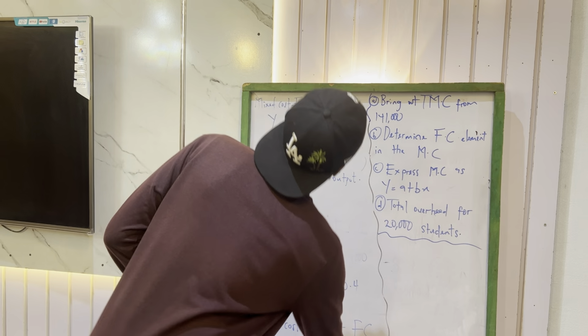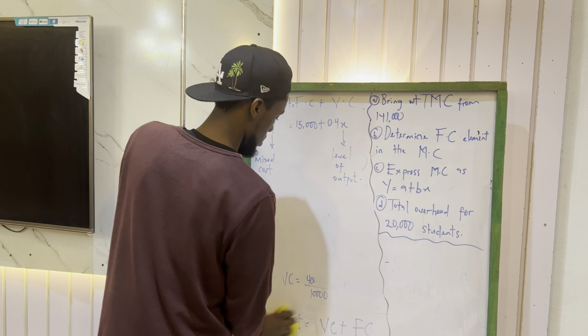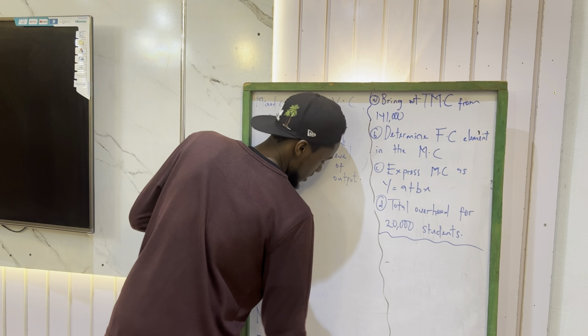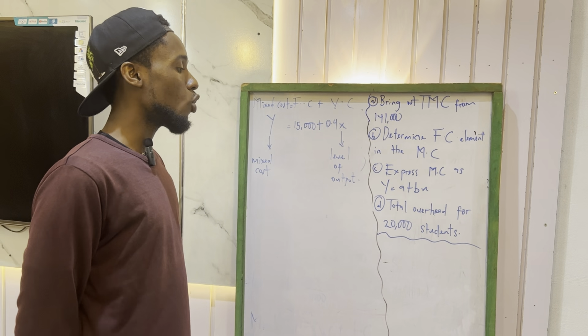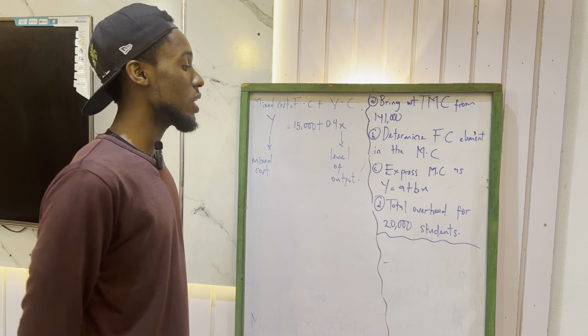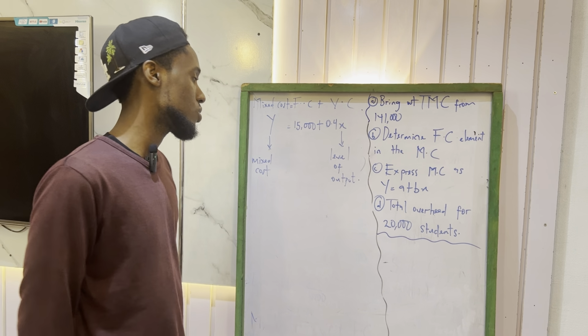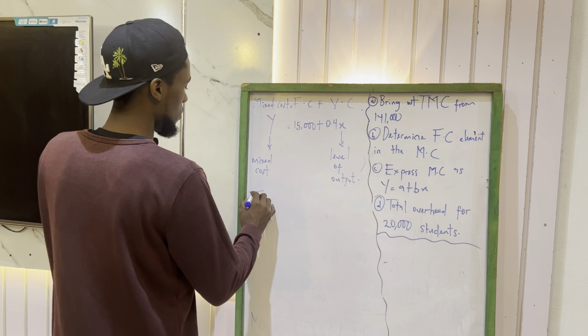All right. So let's move to the last one. The last one says we should now find the total overhead. That's the big man of the big men. The total overhead cost for 20,000 students. So what they are telling us here is that the level of activity is what? Yes, it's 20,000 students. So total overhead costs, let me write it as total